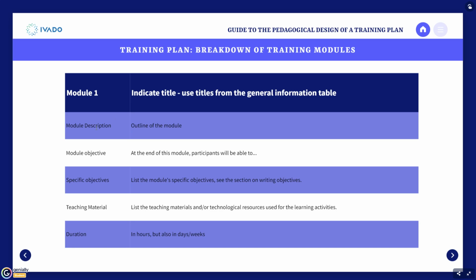You're going to have a little description of each model with the title that you used before. So you're going to write down the outline of the model, the objective. There's one objective per model also. And you're going to deconstruct this objective into other specific objectives. So really this is the list of